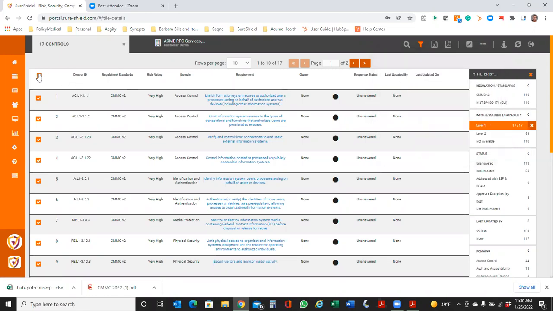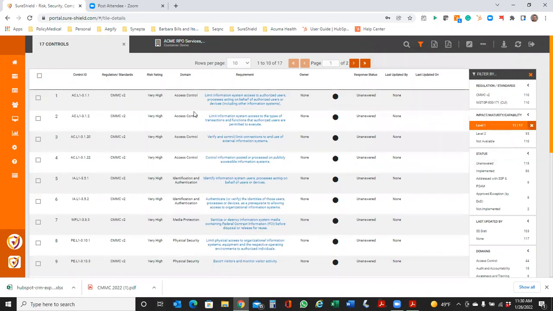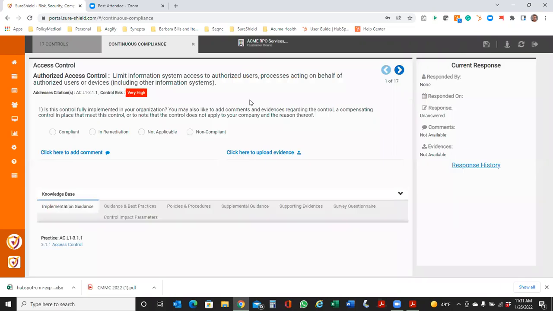But it's as simple as that, and I'll make note to show you some of the other things that have been modified to make going through this process that much easier. If I were to just click into one of these controls, you're going to see it's going to give me the information on that control, what the citation is on that control. And you're also going to notice now there's a couple of different areas that can help me when it comes to full-on documentation.